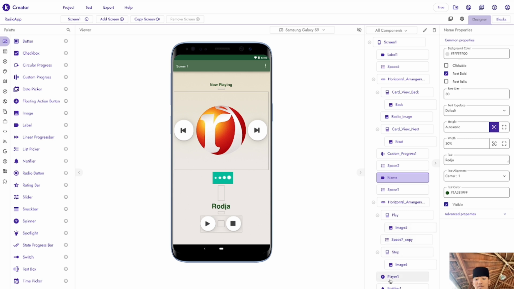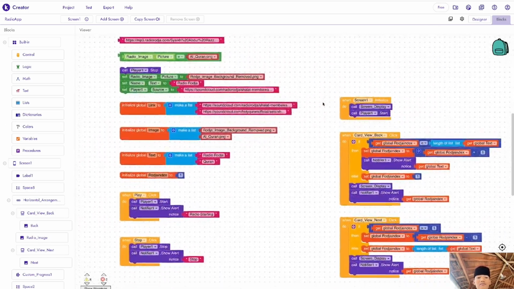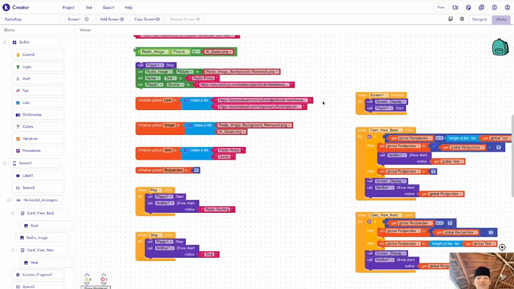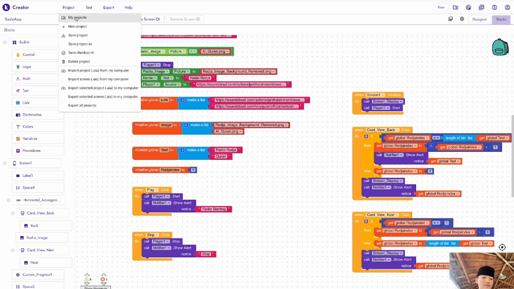Next, space, and player and notifier. That's the important one. And here's the block code of all of it. It's going to be a simple one, as you can see here. So we're going to make that.